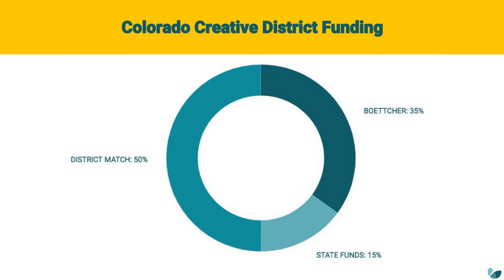Well, first of all, I would say that not all states fund their creative district programs sufficiently. Let me just say that. When we developed our program, it was after analyzing and looking at 14 other states and their creative district programs. And we decided for ourselves that what was important to us is that we create our own best standard, if you will. And so we began to work with a strategic partnership and a financial commitment with the Boettcher Foundation, which started as a 3-year commitment of $105,000. Only if the state of Colorado matched it, I have to add.